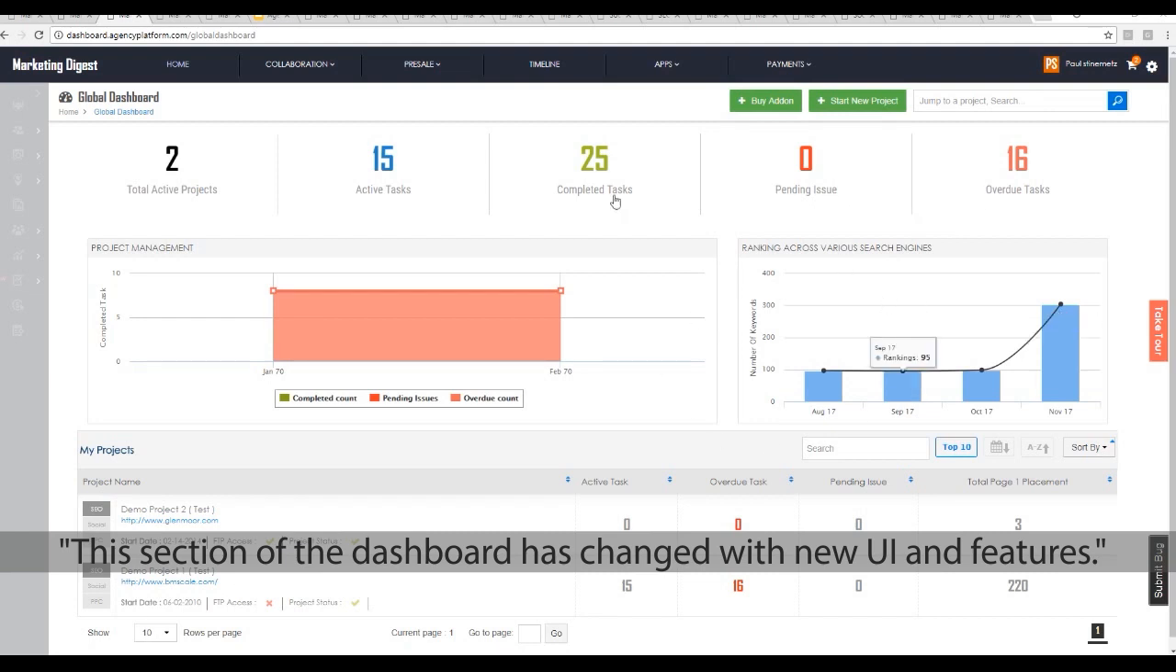I also want to point out that from the overview page, it gives you a different view on your tasks completed, pending, overdue for a particular time range, but also it's showing you rankings across various search engines for all of your keywords on all of your projects. And this is really special because this is going to allow you to have a feel for how all of your campaigns are running that are dependent upon search engine rankings for particular keywords. So if you wanted to see a trend across all your campaigns,